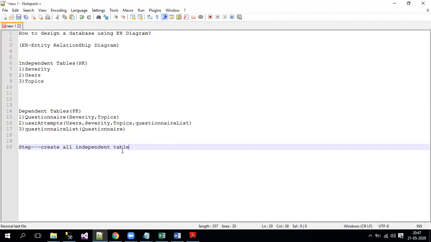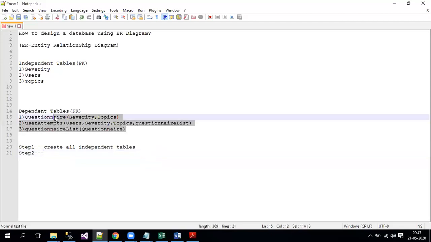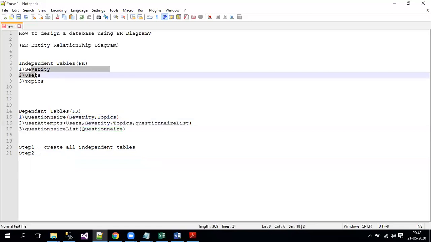Okay, this is step 1. And in step 2, you should not directly go and create your dependency tables, but you need to do one more thing here. Out of these 3 tables, you need to check whether these particular tables are depending on the same dependent table or not. For example, when you see this quaternary table is depending on independent tables, this independent table is already created, right? So there won't be any problem.